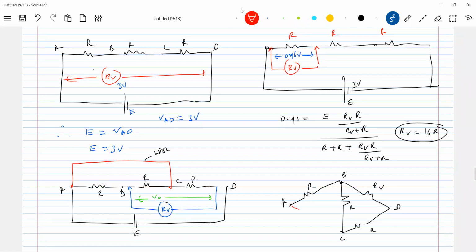I'll show that by red color, you can see now. And between A and D, the cell is connected. This completes the circuit. So it's asking now this V naught. Where is the V naught? The V naught will come here. This V naught has to be determined. So A and C there, you make that as common. So further,